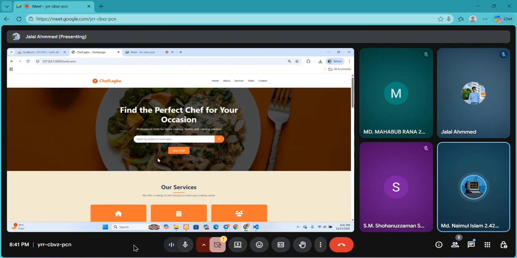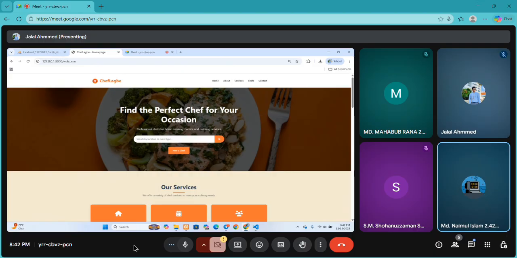Now focusing on my role in the project, I am primarily responsible for the HTML and CSS development, which forms the foundation of the user interface, as the front-end lead for those aspects. I started by creating the basic structure of all key pages using HTML5. Here we see our home page, about page, services page, contact, and chefs pages. I ensured the markup was semantic and accessible, following best practices to make the site easy to navigate and SEO